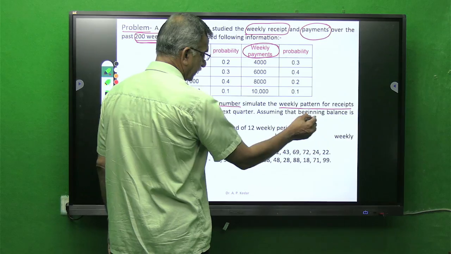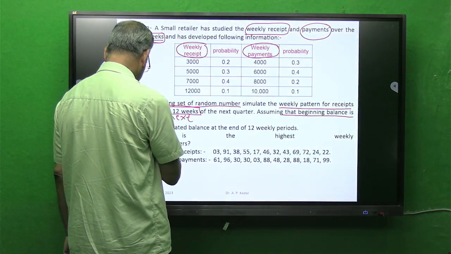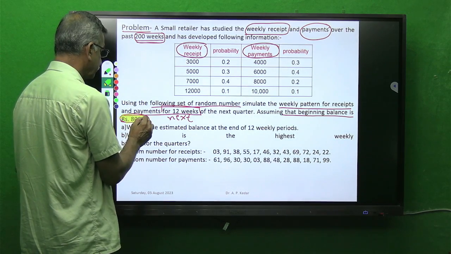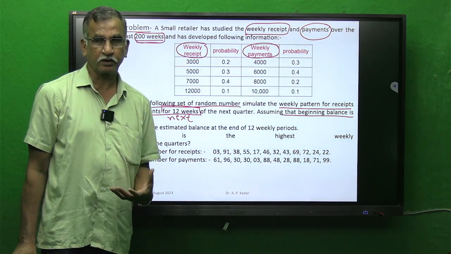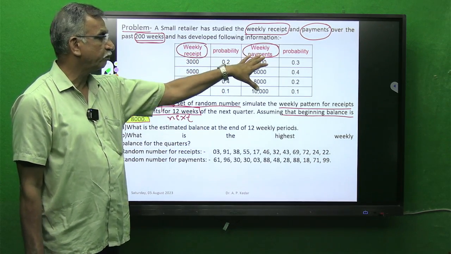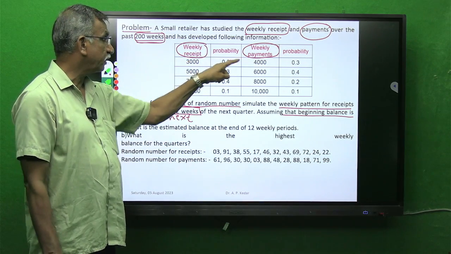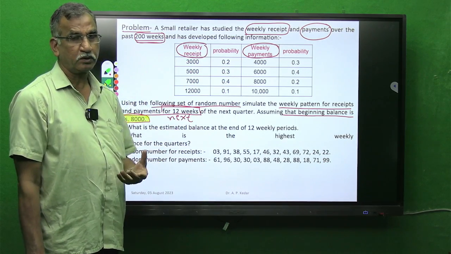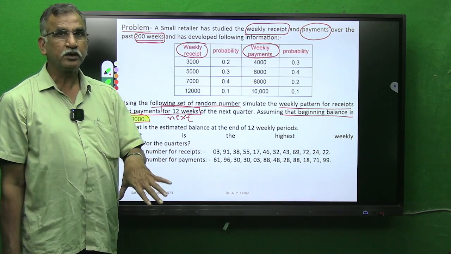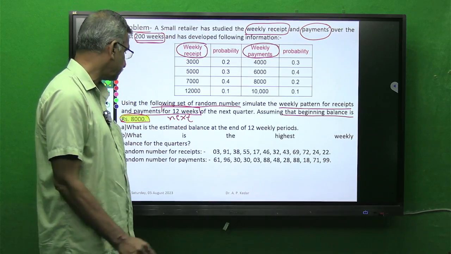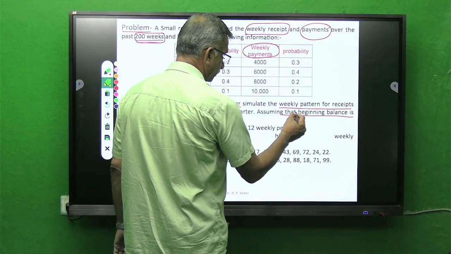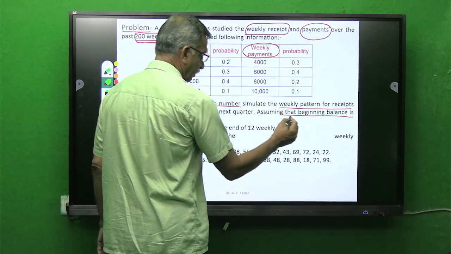What is given? Assuming that beginning balance is rupees 8,000. This is very important. In this problem it is given that when we start at 0th week without any transaction of receipt and payment, at 0th week the amount available with cashier, or other department who is dealing with this business, is rupees 8,000. That is given,